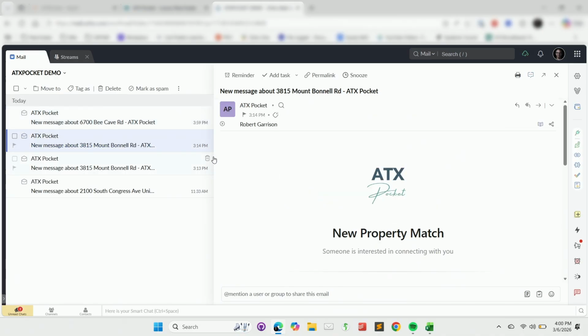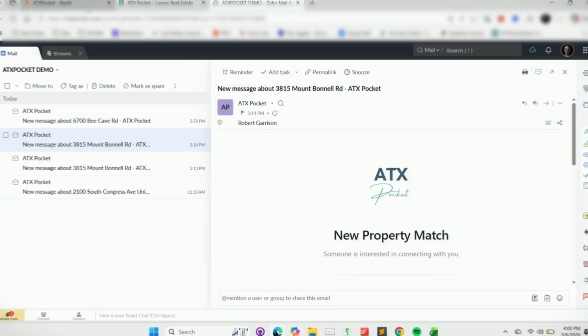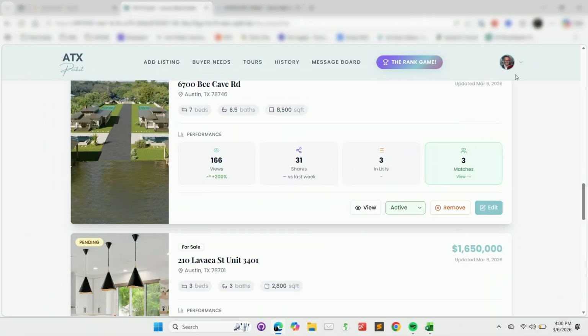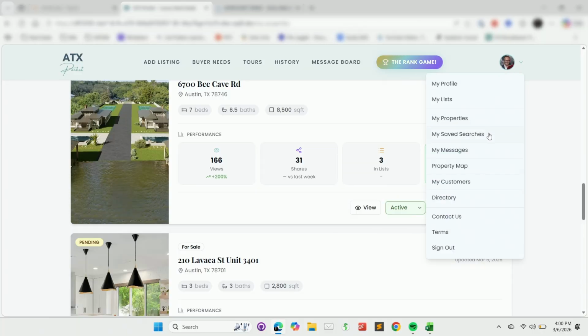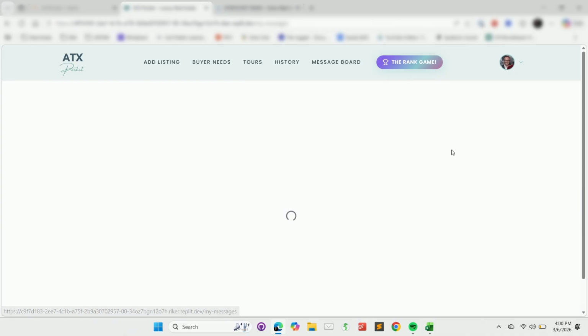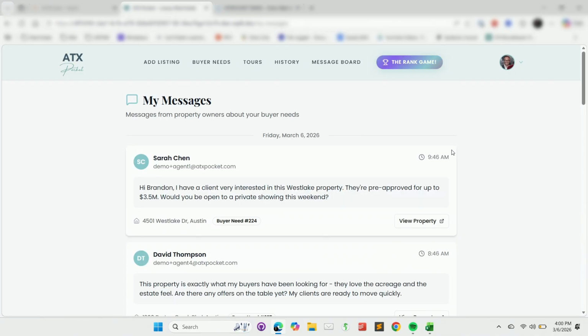So that's very helpful. And then there's also another feature for the messages. So let's click out of this real quick, and I'm going to show you that when people send you messages, like through the buyer matches, we have this new tab here under your menu called My Messages. And when you go there, it's the same thing that you'll get in email, but it's all in one place,